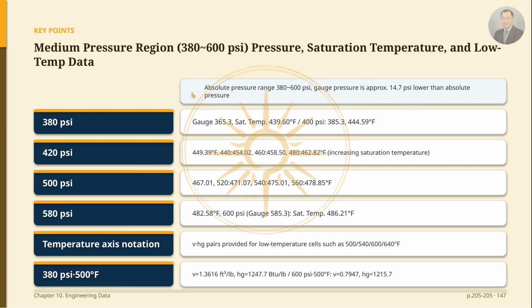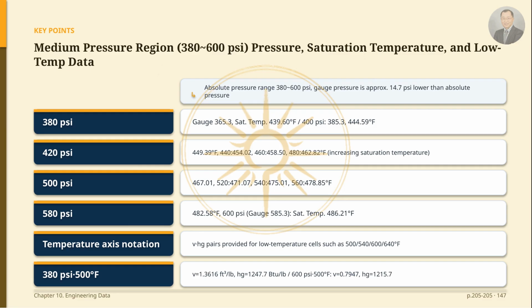For 380 psi absolute, the gauge pressure is 365.3 and the saturation temperature is 439.60 degrees Fahrenheit. For 400 psi, the gauge pressure is 385.3 and the saturation temperature is 444.59 degrees Fahrenheit. As pressure increases, the saturation temperature also rises, reaching 585.3 gauge and 486.21 degrees Fahrenheit saturation at 600 psi. The temperature axis in the body provides pairs of specific volume and total heat values in the low